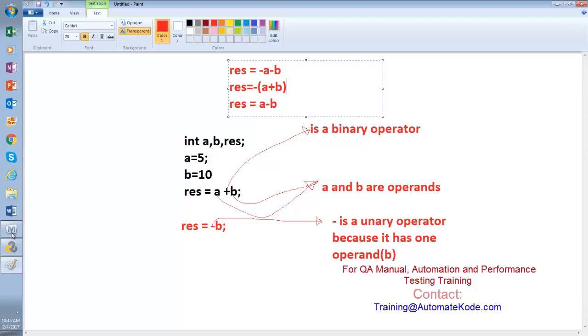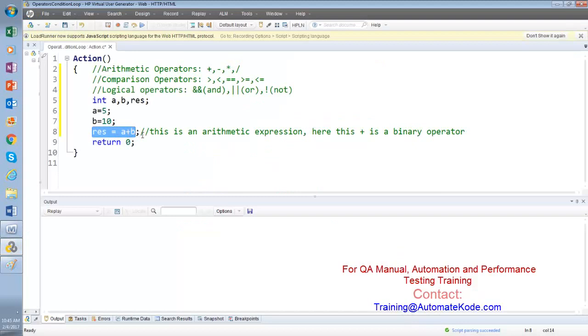Now, if I want to print here, let's say I want to do an LR output message.